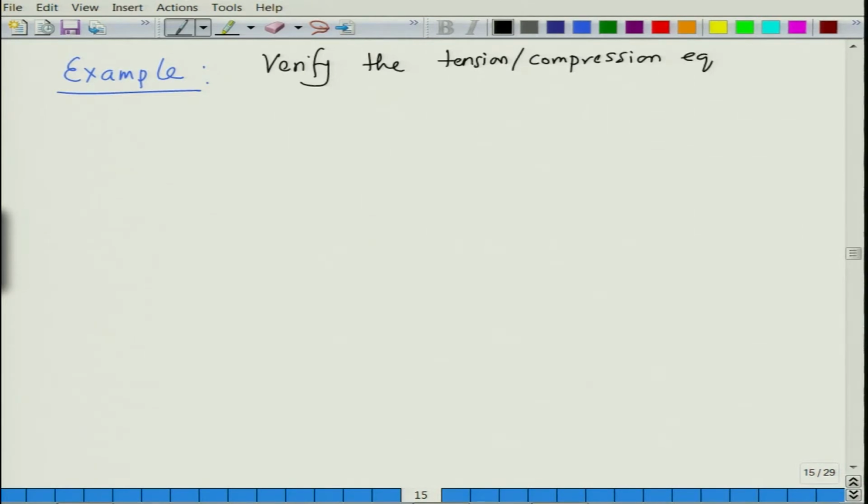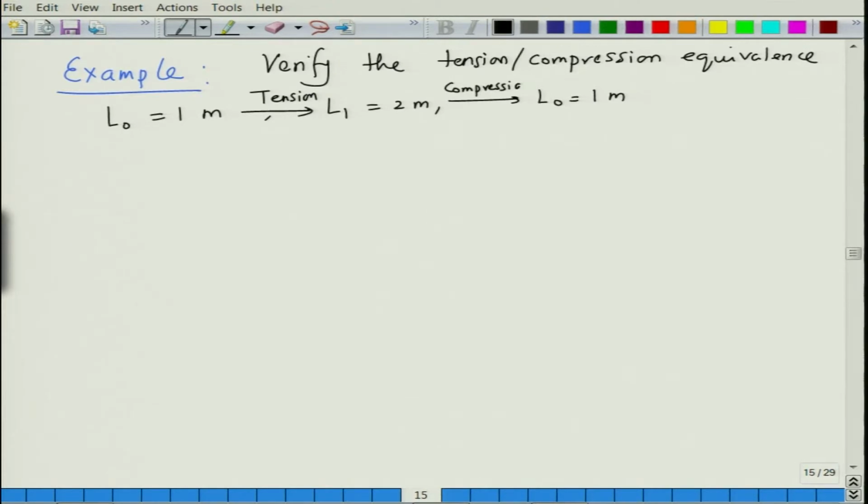Tension compression equivalence. Let us say we have L naught of 1 meter, then we have L1 of 2 meters. So, L naught goes to L1 of 2 meters, then L1 goes back to L naught of 1 meter. So, this is tension and this is compression, all right. So, if I examine the true strain,